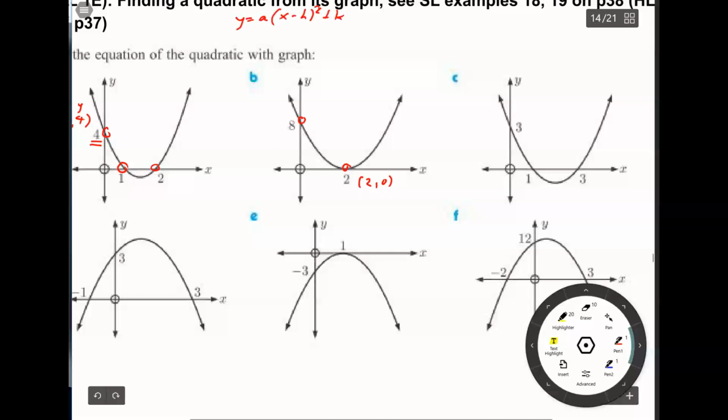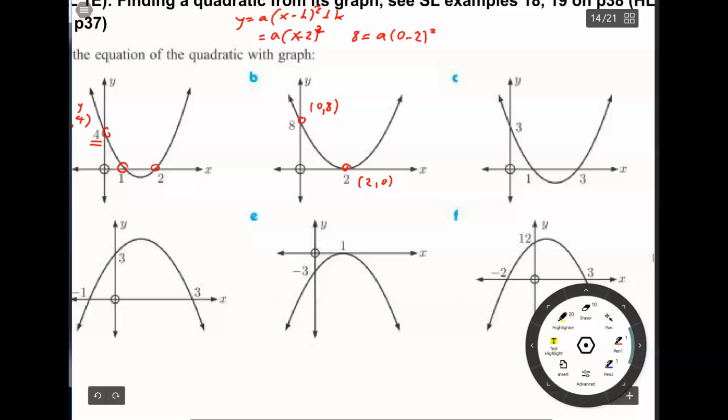And in this particular case, we don't know what a is yet, but we do know that h is 2. And we do know that k is 0, so we don't even need to put anything else there. And now we can take the fact that the y-intercept is 0, 8 to plug in 8 for our y, and then 0 for our x,